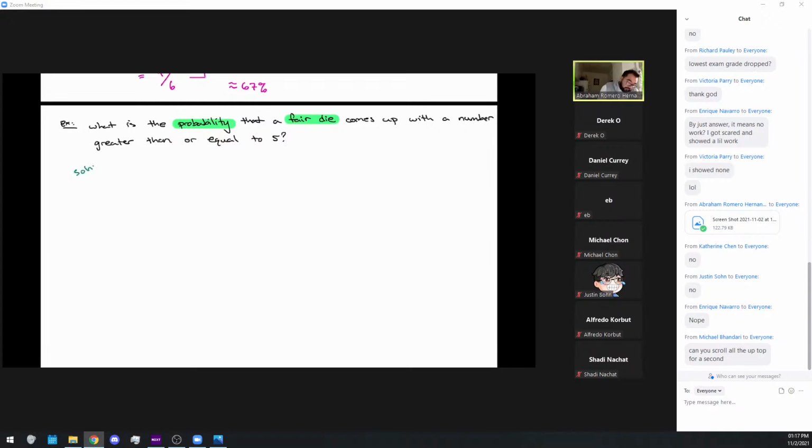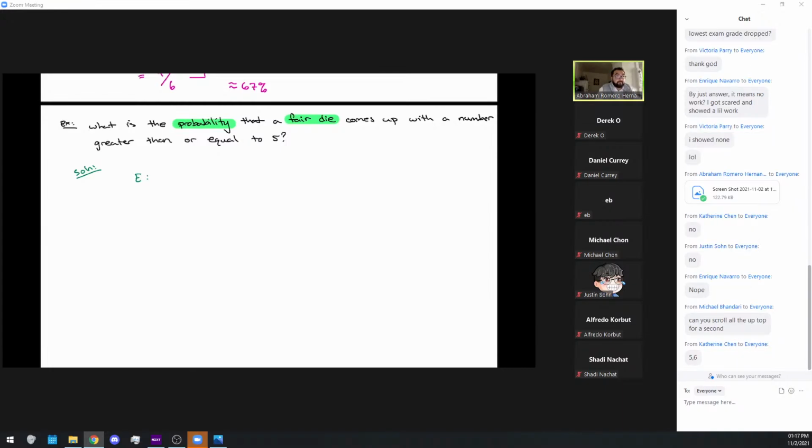Well, let's determine our solution. What is my event? First, you always want to identify your event. I know it seems like a tedious thing, but you always want to know what the event is. So in this scenario, what is the event? Right, but what is the event? Not what is the event telling you to do?